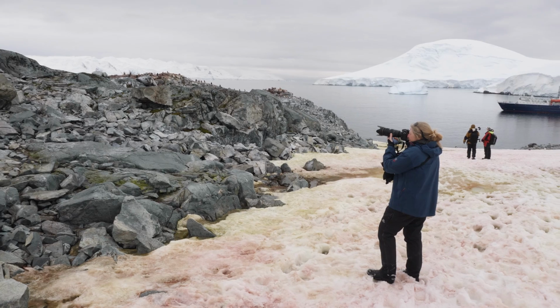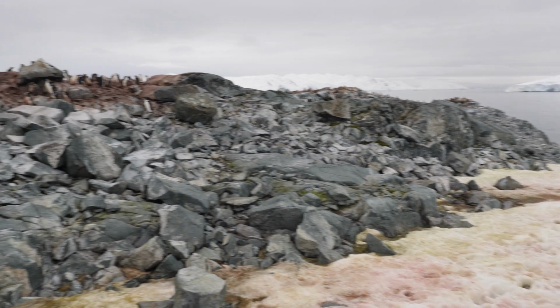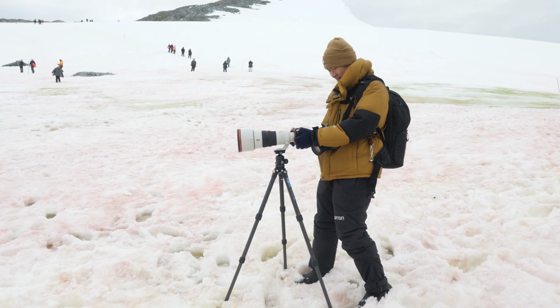I'm really happy Oceanwide invited me to come along on this expedition. This is definitely the kind of... Skua is flying over. This is the kind of company and the kind of group that I would always want to travel with. If you're into natural history or seriously into photography or into birding and you want to maximize your time ashore, this smaller boat with only 100 passengers, so everyone can go on shore every day when we